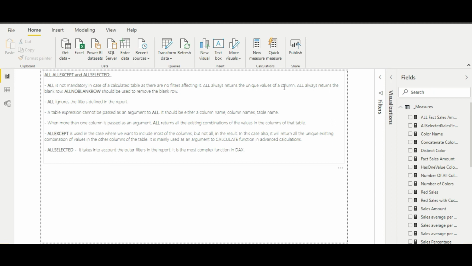It's in itself that blank value, so it will get returned. Now if you want to ignore the blank row, there is another function workaround which is called ALLNOBLANKROW. The behavior of ALL and ALLNOBLANKROW is exactly the same. The only difference is that ALL will return the blank row, the blank value, if present, and ALLNOBLANKROW will not return it. Second very important point is that ALL ignores the filter defined in the report,